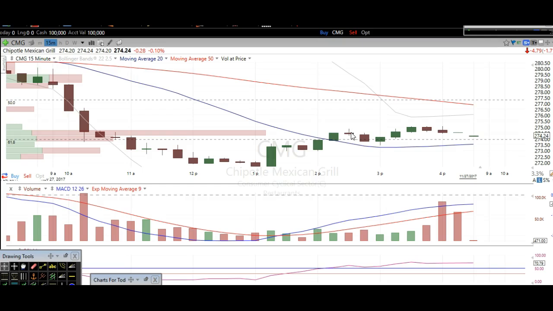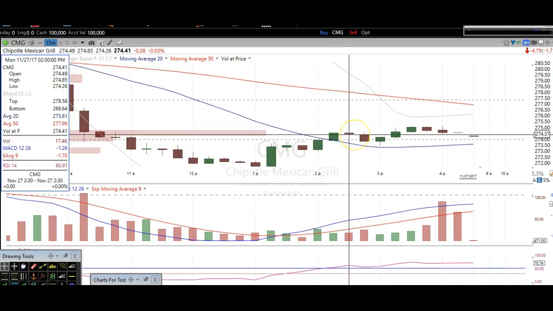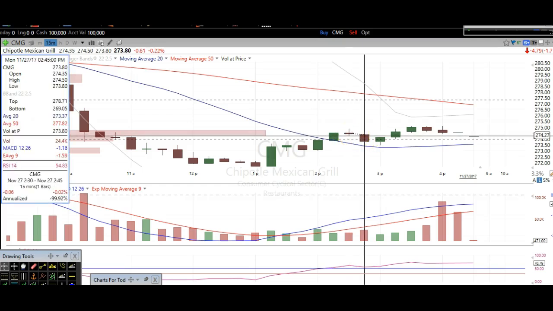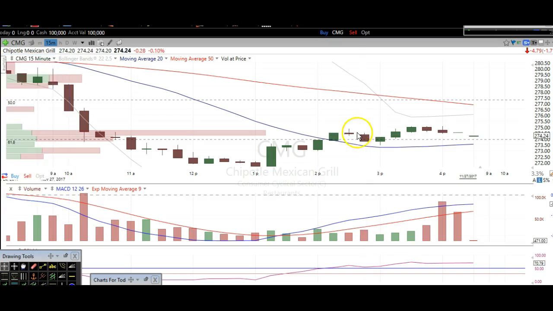So that's why you don't want to just exit if we see a little candle like this, alright? If it had a bigger tail, then we would maybe put some more weight onto it, but there wasn't some huge sell-off. It just took a pause, alright? And so that's why you want to wait until the low of that candle is broken, and that's what we did. So we exited right around here, around 274.25, once that low was broken, and our first exit,